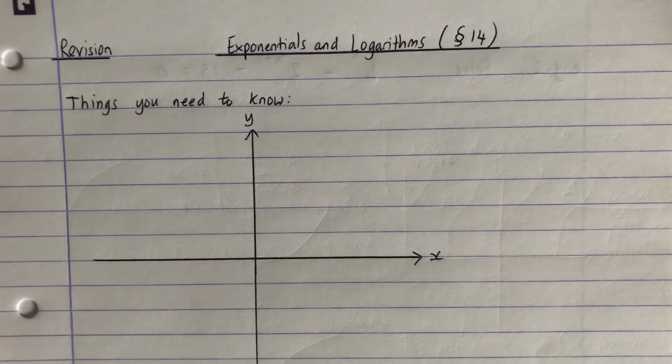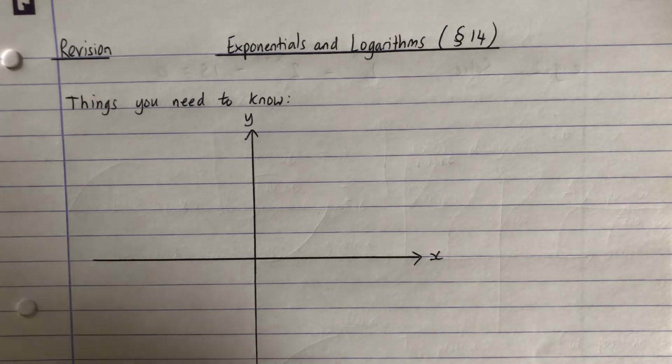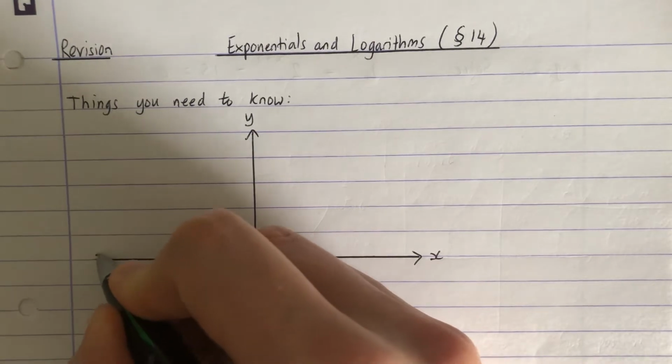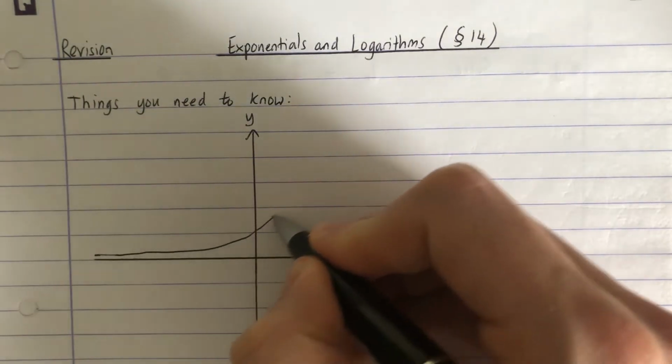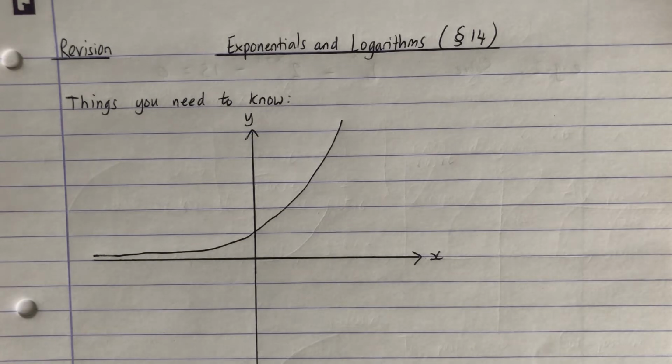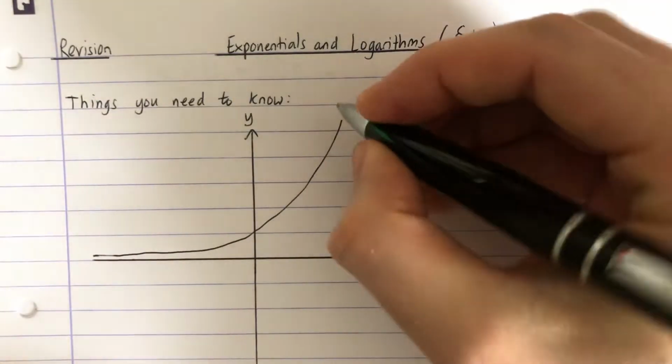First thing is the sketch of an exponential curve and the sketch of a logarithmic curve as well. So the exponential one is the easier one to get your head around. So if I had to sketch something like y is equal to 2 to the x, 3 to the x, etc., then I would draw something like this. Obviously exponential curves now are more popular in mainstream media, so you might recognize this shape, but if I call this